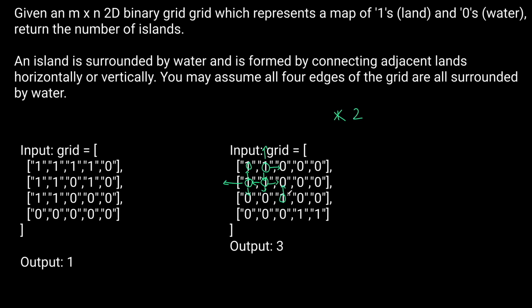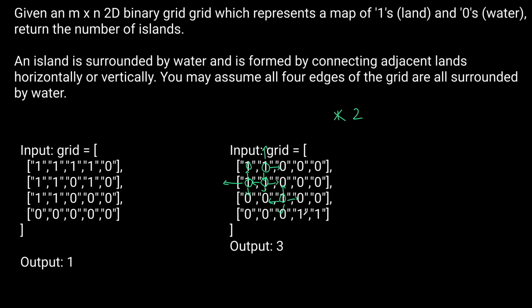And again, we're going to try to go in all 4 directions, but we're actually going to see that all of these are already 0. So every time we hit a 0, we're just going to terminate that depth first search, and eventually we'll just come back here because there's nothing to set other than this original 0. So then we're going to continue with that original for loop through the rows and the columns. So we'll see that this is a 0, this is a 0, this is a 0, this is a 0,